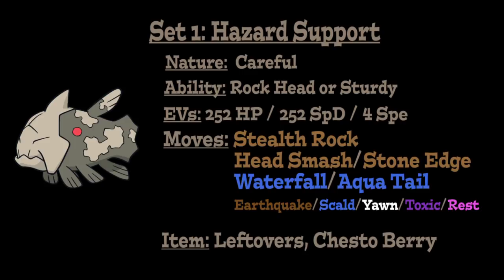But for the moves, the first thing that we're going to go with is going to be Stealth Rock to set up hazards on our opponent's side of the field that'll be damaging them every single time they switch in. And for our second attack, going with the STAB Rock type move in the form of either Head Smash or Stone Edge. Head Smash obviously being the stronger option, which I would highly recommend using with Rock Head,